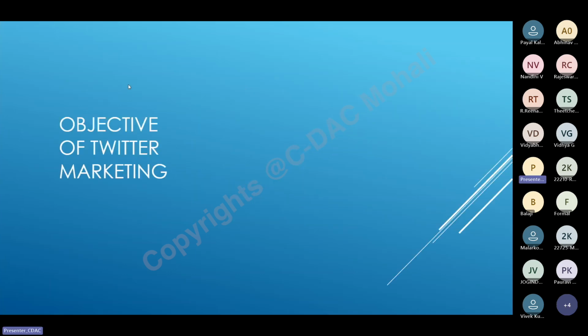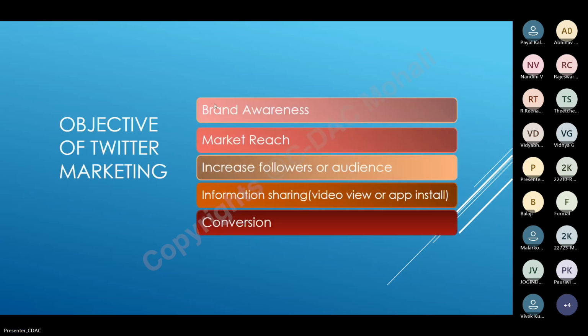Now the next is the objective of Twitter marketing. So you can create brand awareness. If you have any brand or something like that, then you can create an awareness about it, and you can market reach. Second point is market reach. So